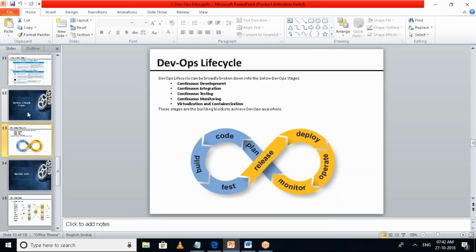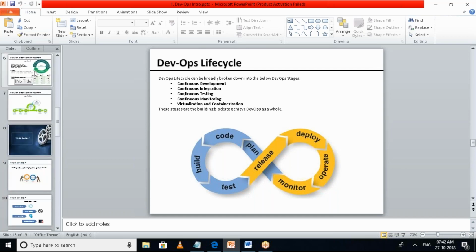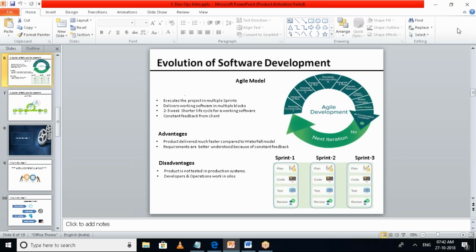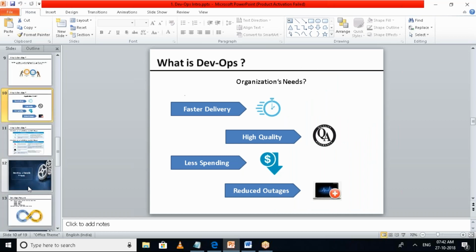If you go back to our agile model, this is a sprint, and the sprint follows plan, code, test, and review of each small piece of your software. Correct? In the same way, as I said, DevOps is an advancement of the agile model, which is nothing but a superset of agile. So it includes agile, and it also has some extra enhancements to this model. Let's see what that is in this workflow.